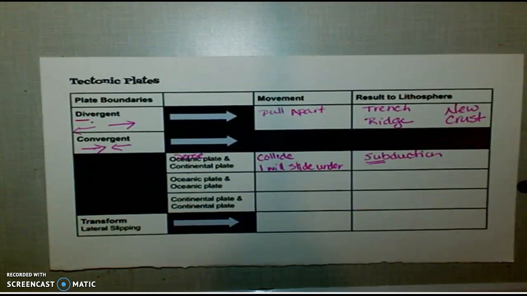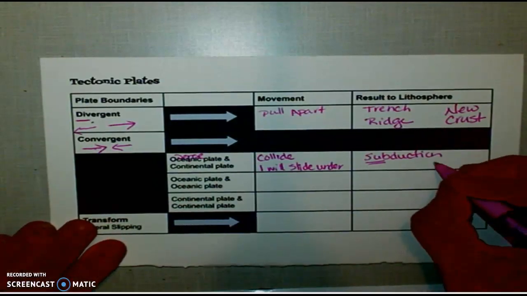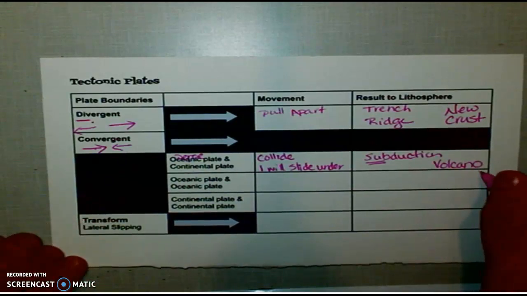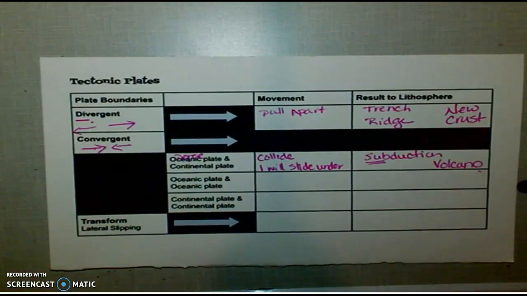Now if it's an oceanic plate and a continental plate coming together, the oceanic plate will slide under the continental plate, and it'll cause some cracks in that continental plate. And what begins to flow up through and fill in those cracks? The very hot magma, and that will create a volcano. So you're going to get a volcano when you have an oceanic and a continental. It's like when the Pacific Ocean plate and the North American plate come together in Washington State. We have Mount St. Helens, which is a volcano